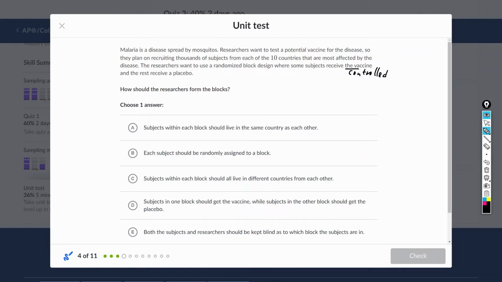就是 receive vaccine，另一部分就是安慰剂嘛 placebo，这个我们大家应该比较熟悉。How should the researcher form the blocks？那么 blocks 就是相当于把它分成若干个组，然后 where some have receive。他这里说 subjects with each block should live in the same country as each other，就是按照 country 分成10个 block，然后每个 block 里面取一部分人，每一个 block 里面分成 controlled 和 placebo，这样应该是可以的吧，应该是这个。Should research form the block？他问的是 form the block，how to form the block？